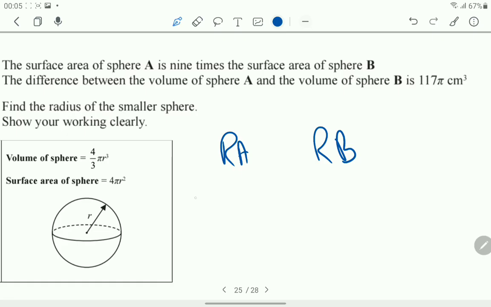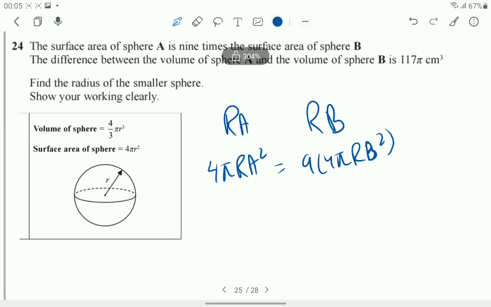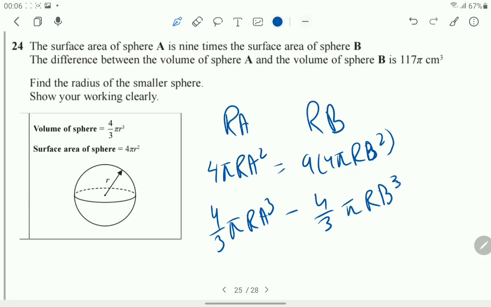And looking at the equation for surface area, we get 4 pi RA square is 9 times 4 pi RB square. And then comparing the volumes, we get that the difference between the bigger sphere volume and the smaller sphere volume should be equal to 117 pi centimeter square. So using the equation, we get 4 by 3 pi RA cube minus 4 by 3 pi RB cube should give us